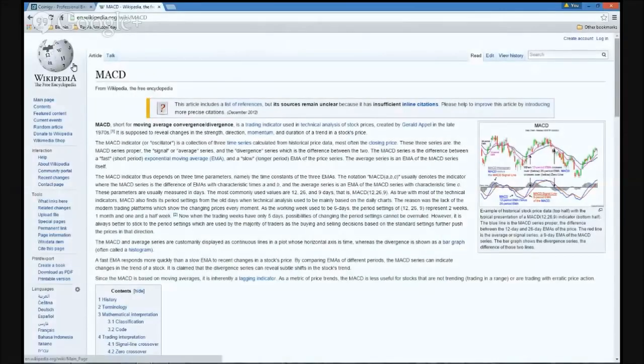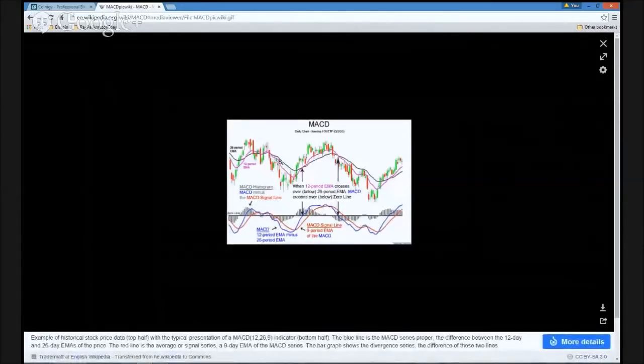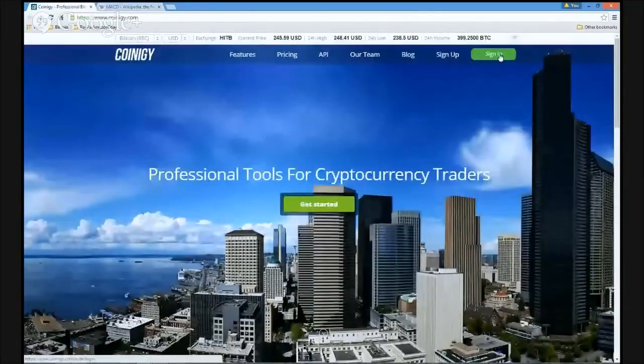MACD indicator, just a wiki definition, you can simply Google it. The indicator itself stands for Moving Average Convergence and Divergence. And basically, as the diagram here illustrates, it's simply a study of two different moving averages and their relationship over time with price. So if we hop on over to the Coinergy site